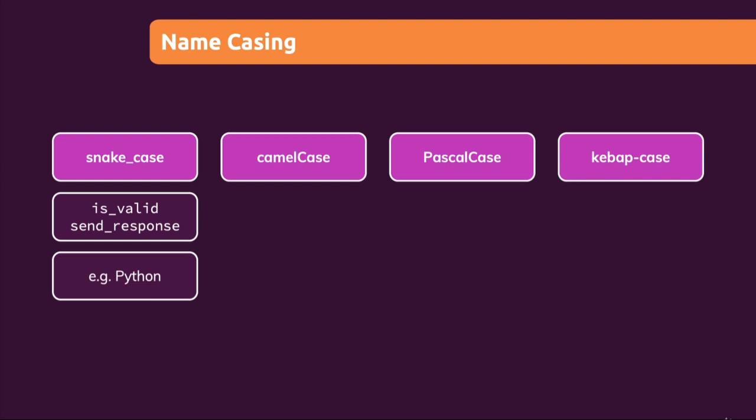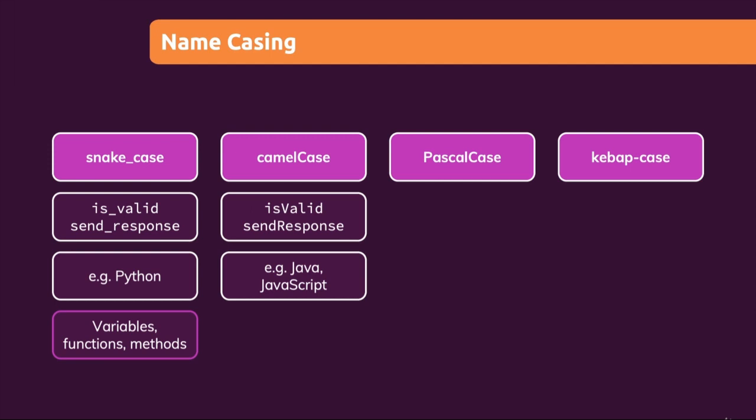And for example, you use snake case a lot in Python. There, you use it for variable names, for function names, and for method names. And that's what you saw in the initial examples in the first course section already. Now, Python uses snake case. Many other programming languages, like Java or JavaScript, use camel case, which looks like this. Is valid, send response, the same name, but now not with an underscore between words, but instead there is no separation between words except for the starting character of the next word in line. The first character in the name is always a lowercase one, like the I in is valid and the S in send